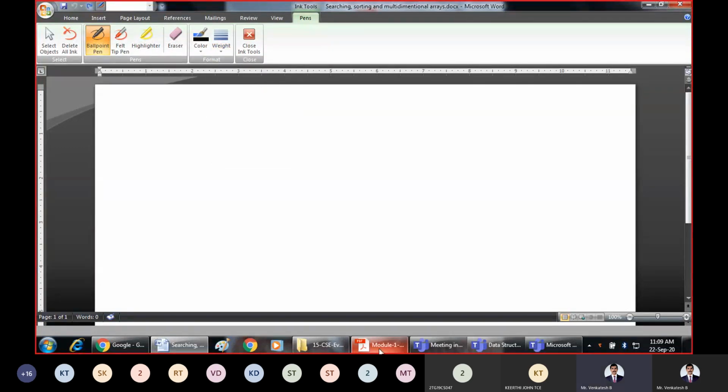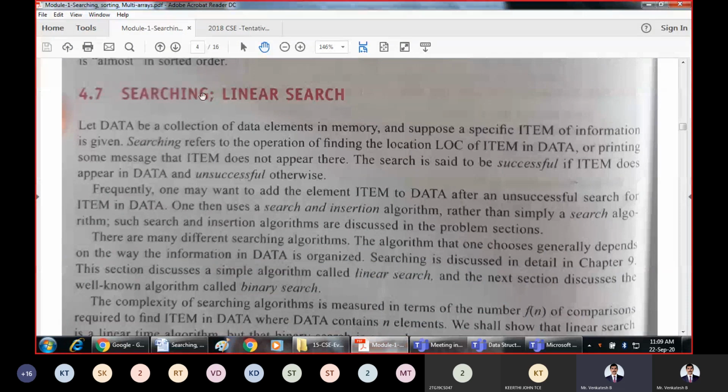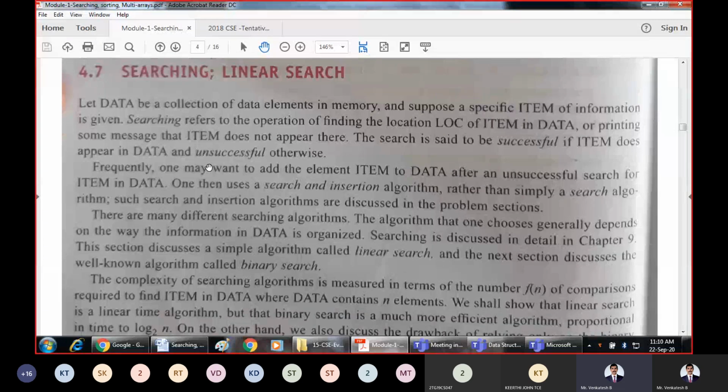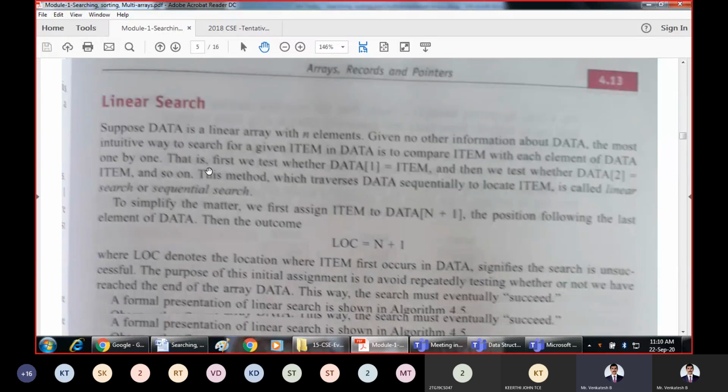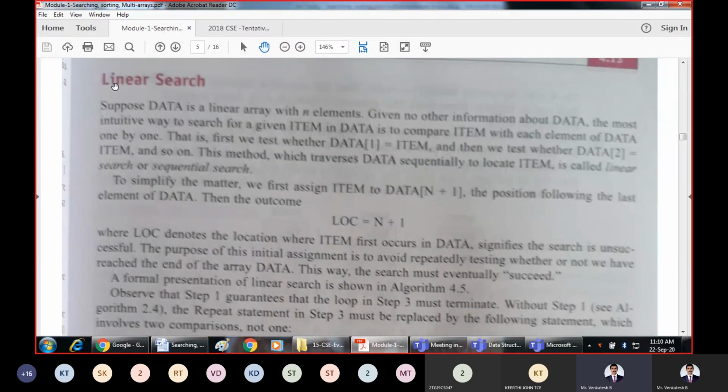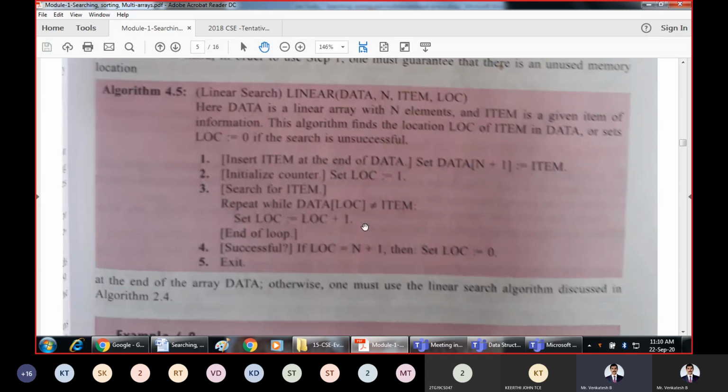So how the linear search works here is, it will go on searching the elements from the beginning to the end, and we will look for the corresponding item. We look for some item and find whether the item is present in the array or not. Basically, in linear search, we are going to find the location of the element, where the element is present. So this is the sample algorithm or the procedure for linear search.